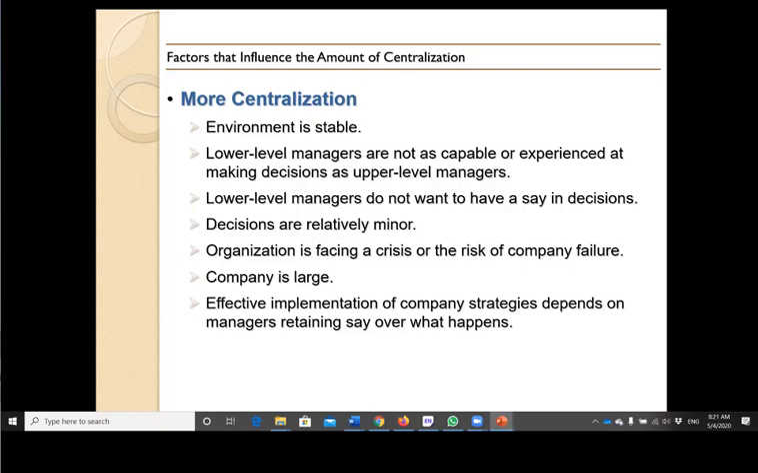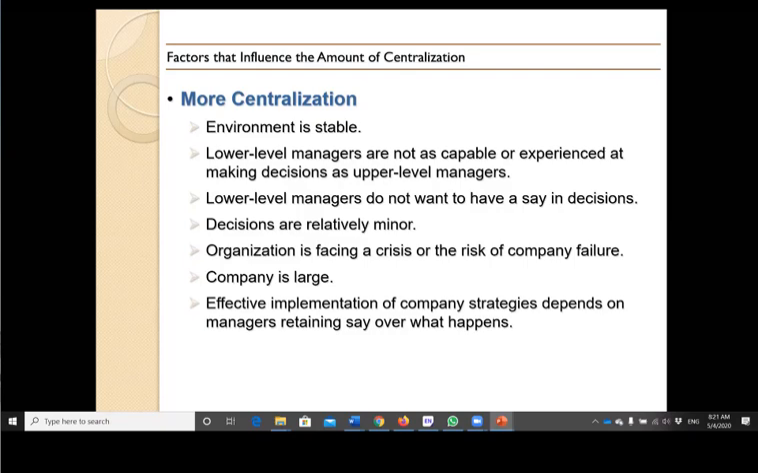Right. The second case is when the lower level managers are not as good as the upper level managers in terms of decision-making process. So their comments or inputs will be less useful, right? So that's why the upper level managers don't want them to be involved in the decision-making process,